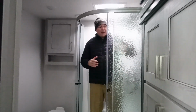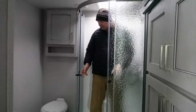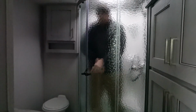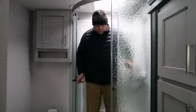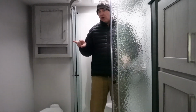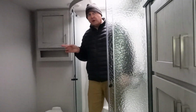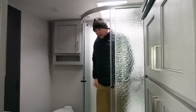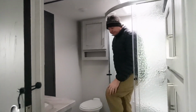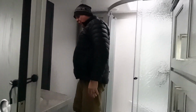All right, so we're in the shower here. We got plenty of room here, actually. If I even limit this, I've still got plenty of room for my elbows in here. This is a really big radius shower. There are two doors in the bathroom, one from the hallway, then there's a pocket door right there going into the bedroom. So we do have a porcelain stool,